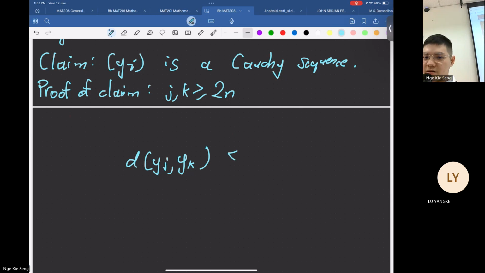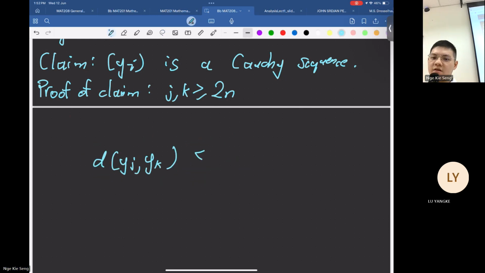Not quite right. Should be, let's see. So if I let j, k greater or equal to 2n, my claim is this yj and yk should live